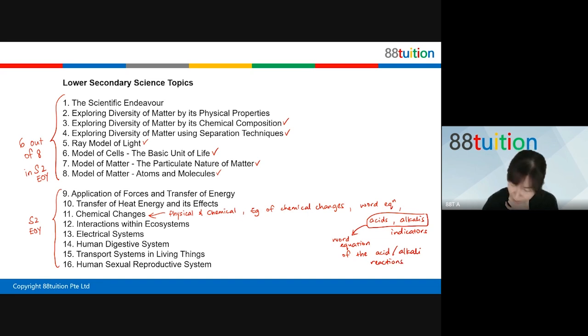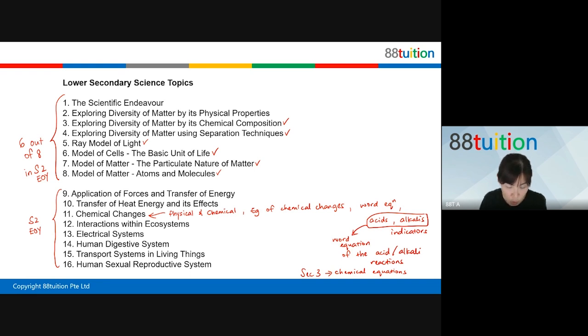And again, I will say some schools also want students to not just know the word equation alone. They also want students to write chemical equations. If you fall into this category next year, you must let me know. Chemical equations are not simple, because usually this is taught in the first part of Sec 3, but some schools are bringing it down to Sec 2. Hannah, I believe your school might be bringing down some parts.